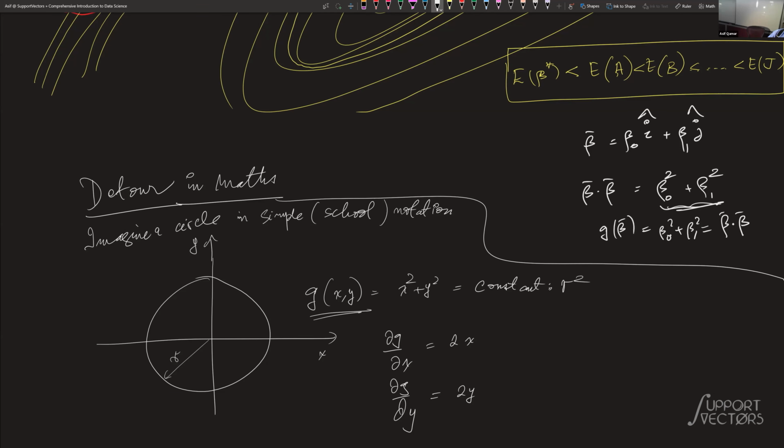No, hold on, guys. Just pay attention. Don't jump. Is this pretty obvious? Partial derivative means you keep the other variables constant and you take the derivative. Now, by definition,